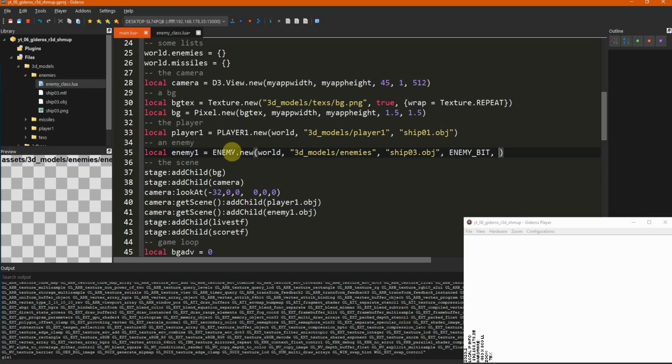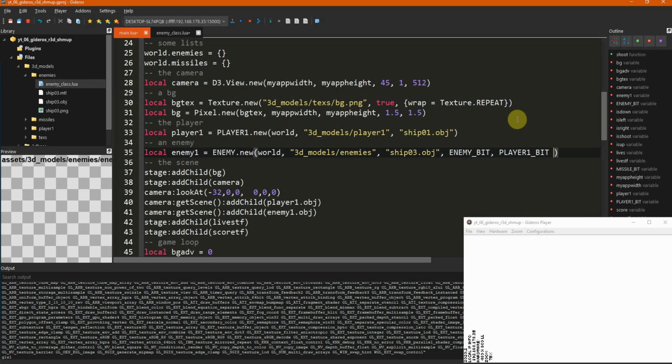So it's going to collide with the missiles and the player one. So we need to add both player one bit plus missile bit.